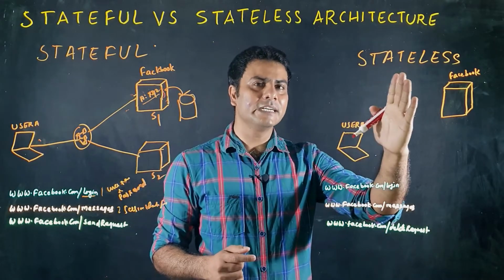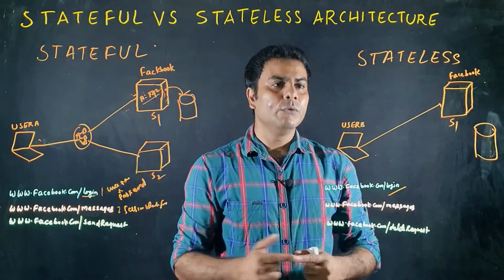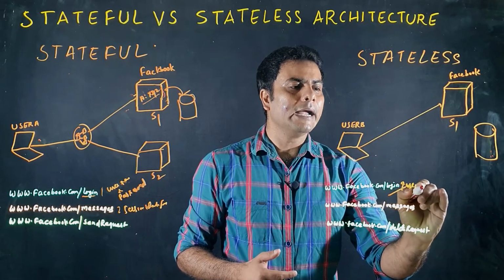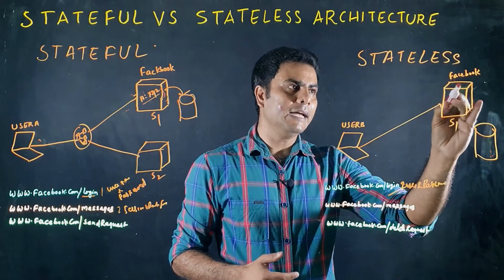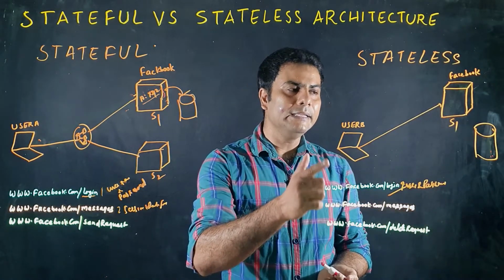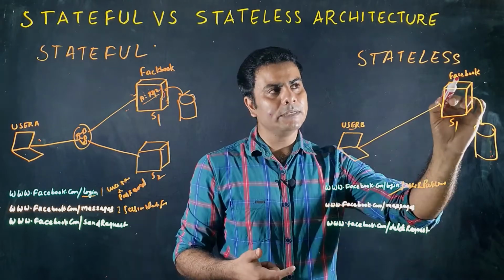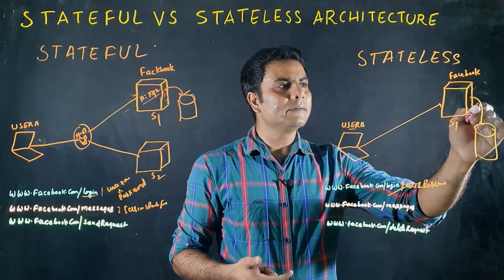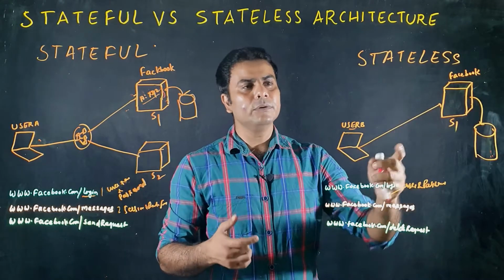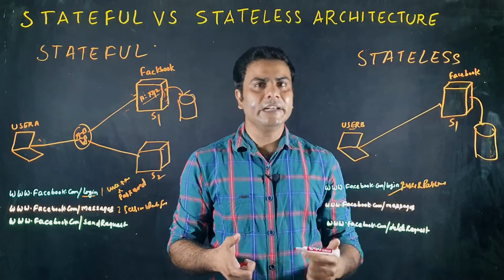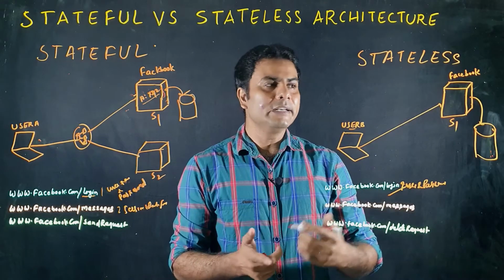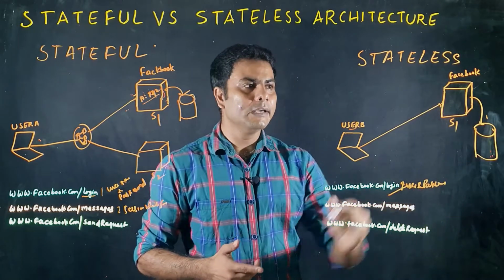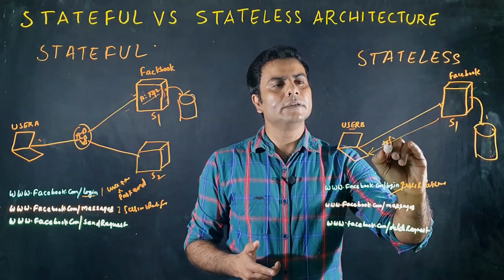So let us understand the stateless architectures. Here user B will try to log into the Facebook server. So he will provide the username and password to the server. Then Facebook server will verify this user with the help of database. If the server finds this is a valid user, then it can create a token and store that token related information into the database. And similarly, the token is also returned to the user.